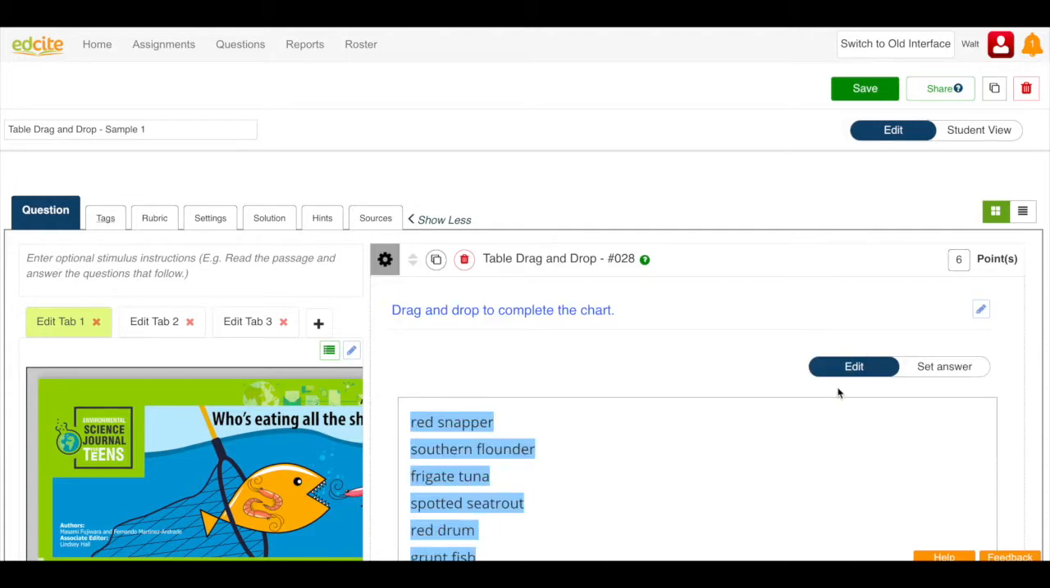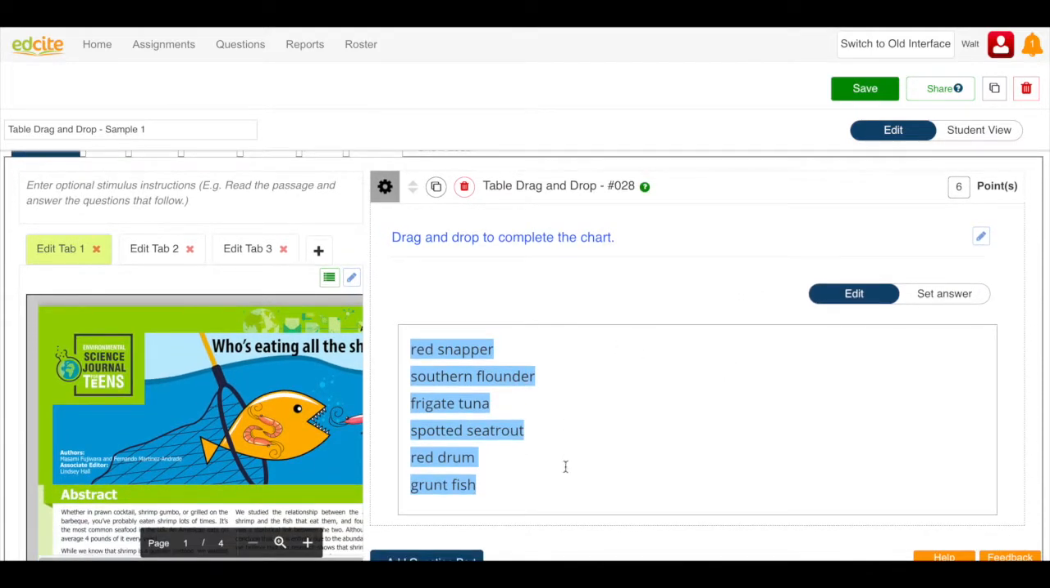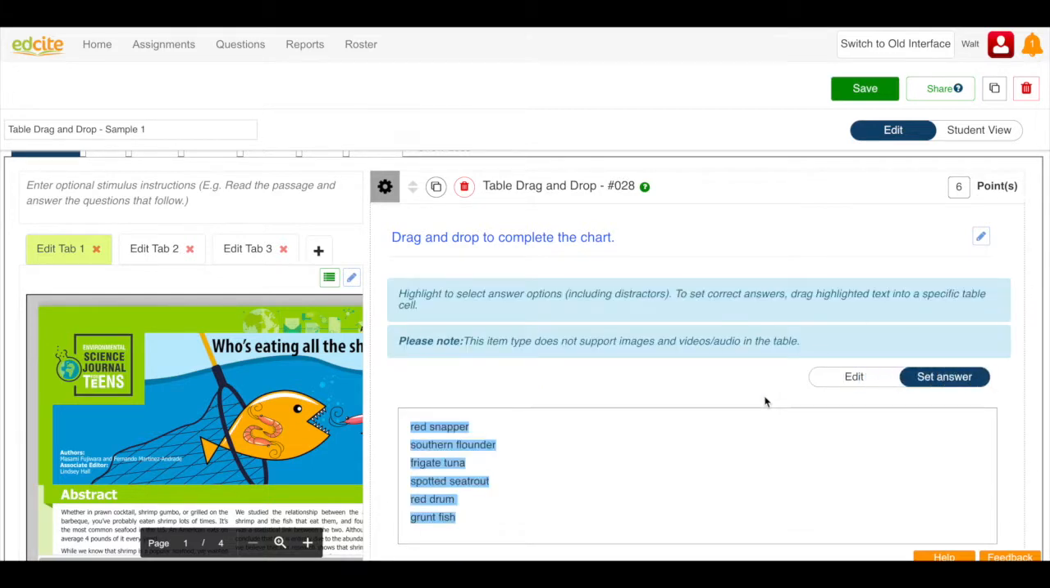And then I'm going to make sure that edit is chosen. And I'm going to enter all of my answer choices here. They're highlighted because I've already set the answers for this question, but when you enter them, they won't be highlighted. Next, I'm going to click Set Answer. Once I've clicked